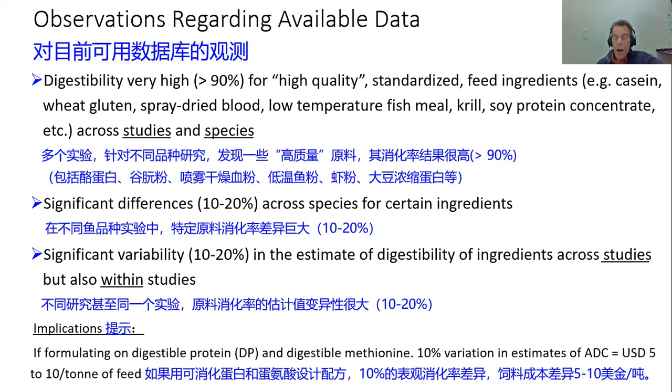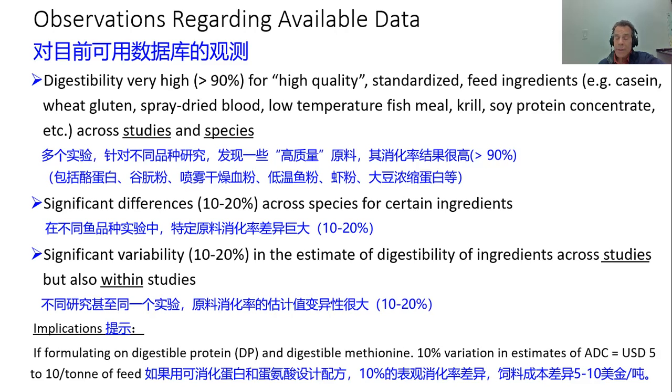My review of information on digestibility of feed ingredients throughout my career, and through the NRC and through this construction of the International Aquaculture Feed Formulation Database, is that the digestibility of high quality ingredients, standardized ingredients, is very high. If you're talking wheat gluten, soy protein concentrate, low temperature fish meal, spray dry blood meal, very high quality poultry byproduct meal, you actually have very high digestibility, and the digestibility will be maintained across lots and batches of these ingredients. So actually, you can rely on these ingredients as stable sources.